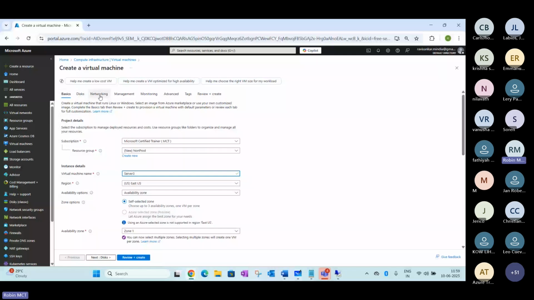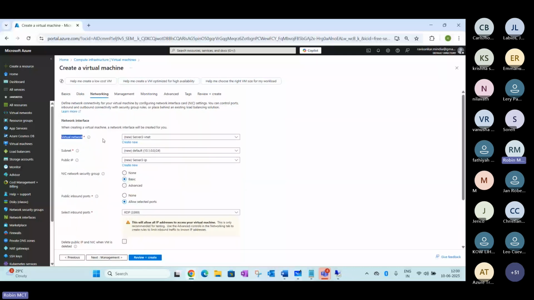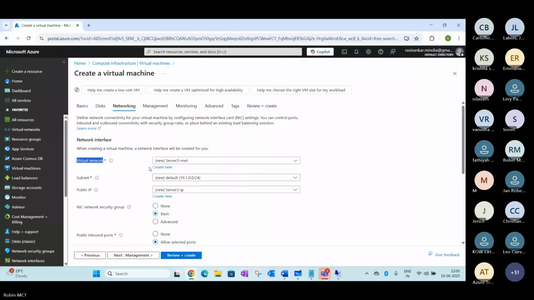If you click on the networking tab, you can see it says it's mandatory that you create networking here. Let me maximize. You may see there's a star mark. So what Microsoft is saying is, since you have not configured anything on your behalf, it has created one vNet here.